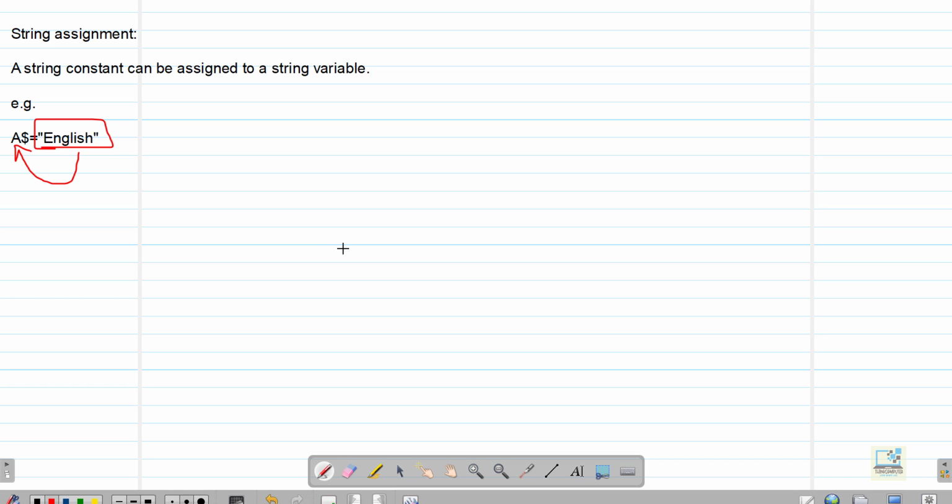Now if you are wondering where strings are used, in real life strings are used everywhere. Whenever you fill up any form, offline or online, you enter your name, address, email address and all those details, right? That's a string. You are using string values like your name and your address, and you are storing them.